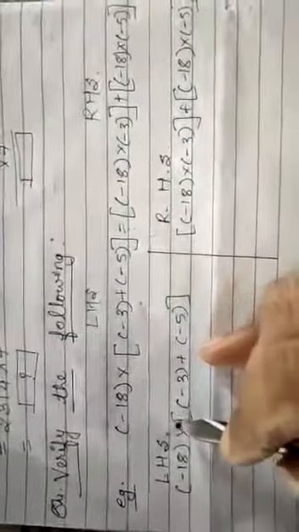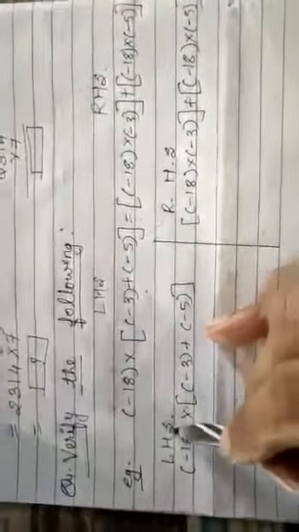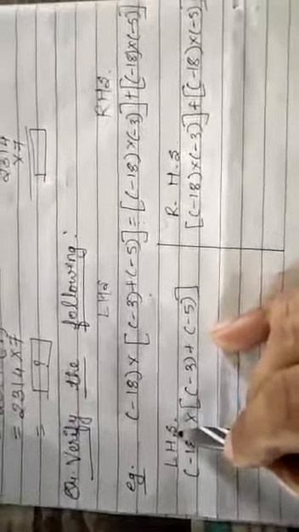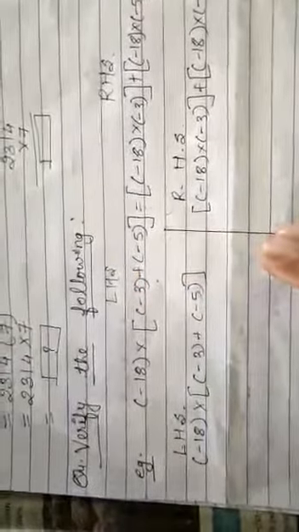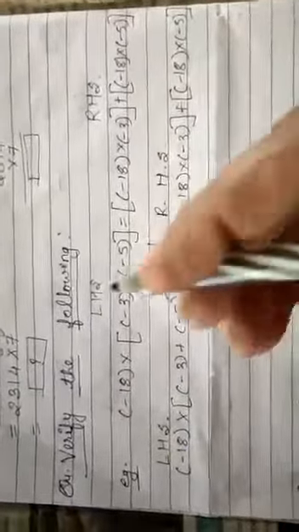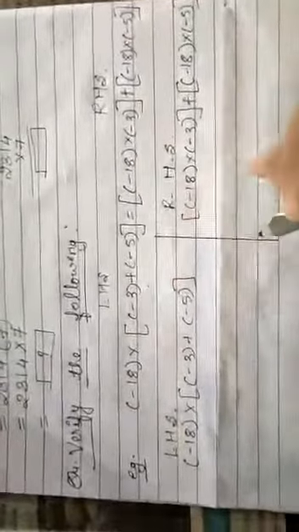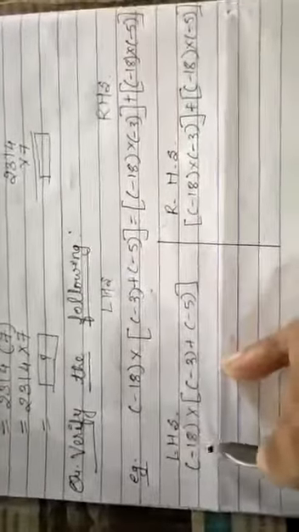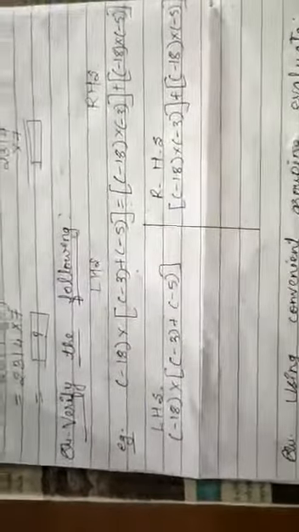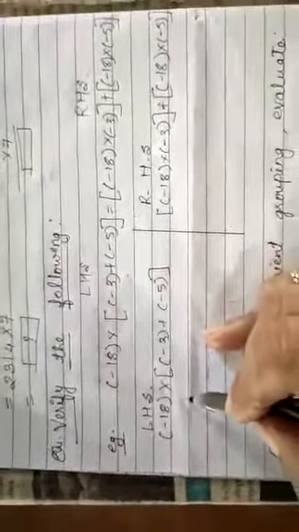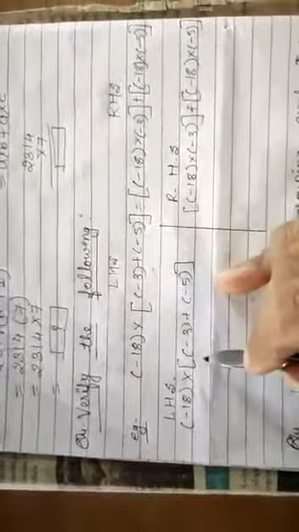Now first of all, what you have to do, you will write left hand side. There are 2 ways to write. Either you can draw one line in the middle, or separately you can simplify first the left hand side and then the right hand side, and then you can see whether both the hands are equal or not. Okay. So I have drawn one line in the center, and now left hand side. What is your left hand side? This is your left hand side. You have written left hand side. So whatever is given in the question, that left hand side we have written.